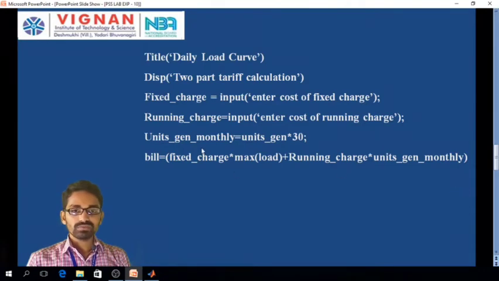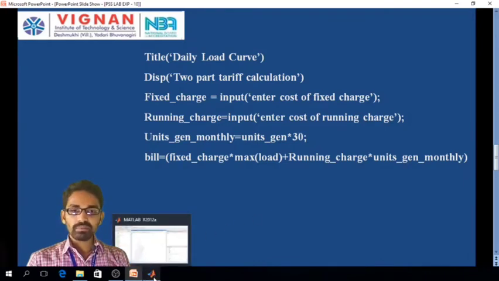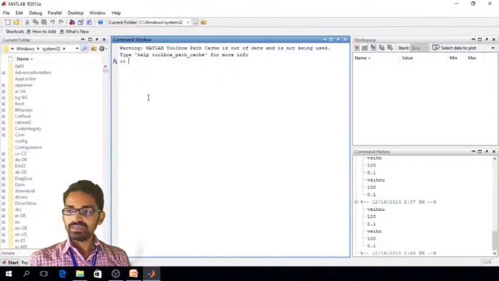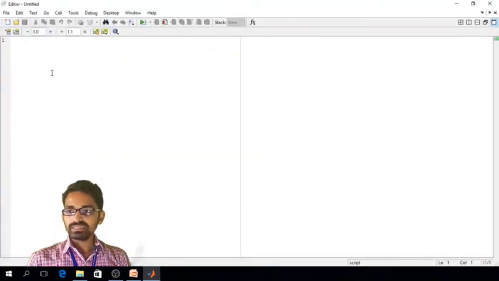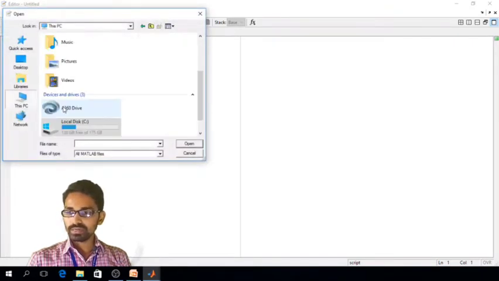So, that is your bill, and how much bill is going to be calculated with the help of this equation. So, we will see the MATLAB programming for this, how to execute that in the MATLAB. Just click on the MATLAB icon on the screen, then it will display a window like this, then go to file, new, and open the script, and then in this script you have to write the code. Okay, just in order to reduce the time for this video, I have already written the program. I'll open that program and I'll execute that.